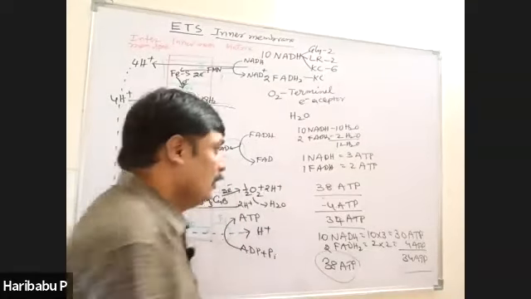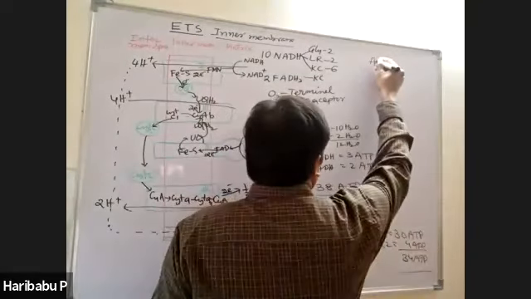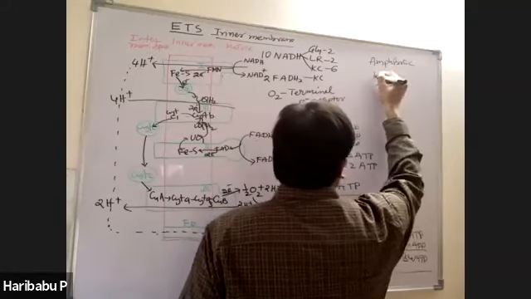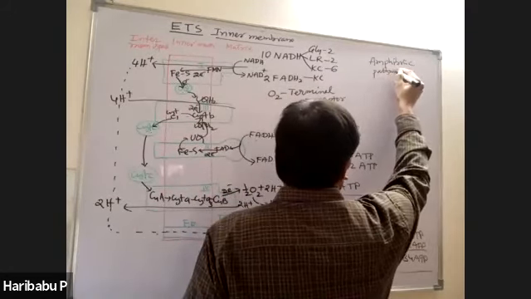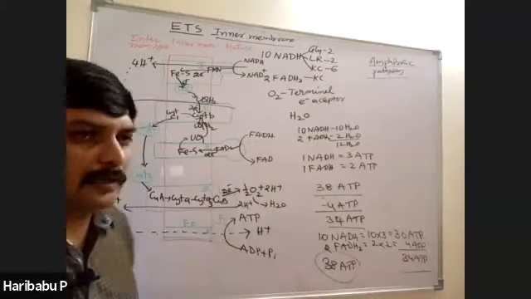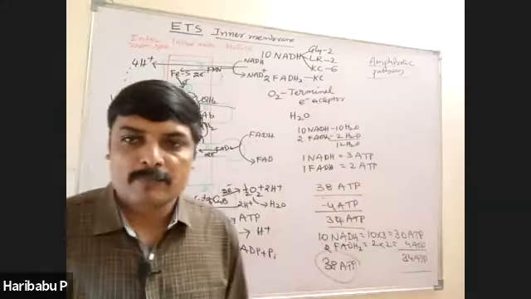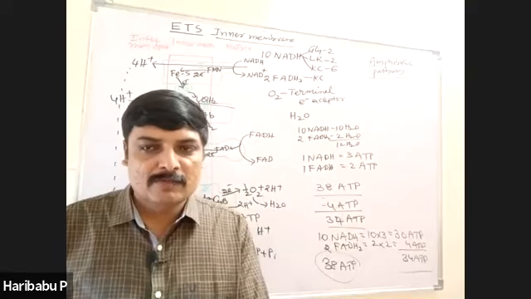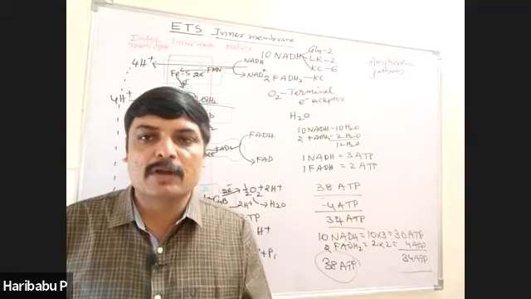And the amphibolic pathway. Traditionally, we believe that respiration is a catabolic pathway, no doubt about that. Because in respiration, complex molecules break into simple molecules. Traditionally, we believe that respiration, for that matter, the Krebs cycle, is a catabolic pathway.